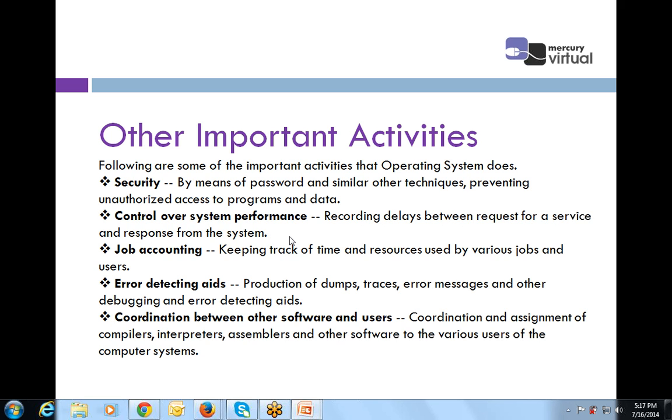That is, if there is a recording delay, then there is also a request and response, and there is a balance system that is also handled by the operating system. Next point says job accounting, which means keeping track of the time and resources that are used by various jobs and users. Then the fourth point says error detecting aids, which means it is the responsibility of the operating system to detect all